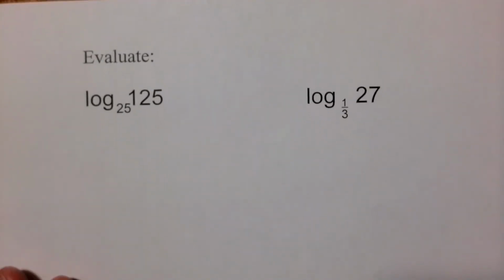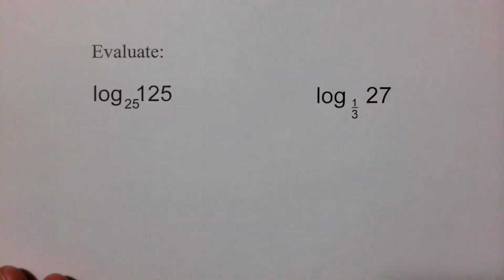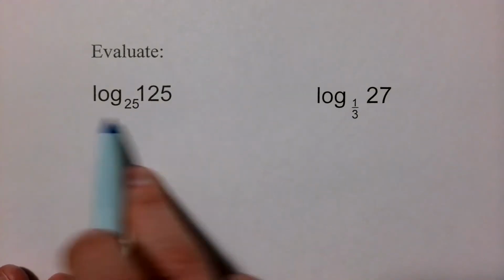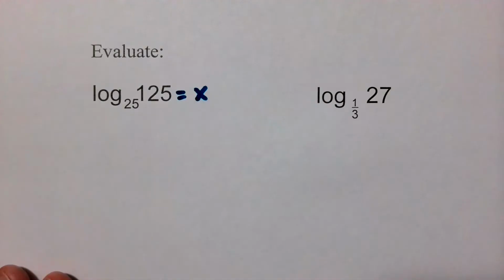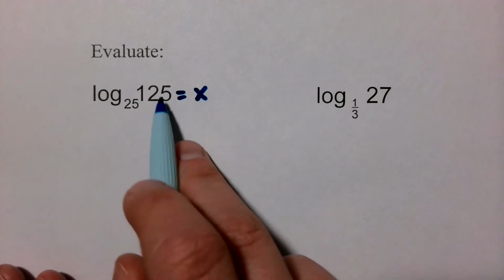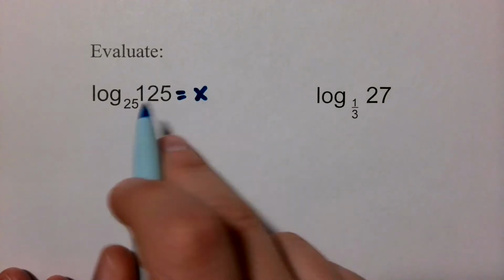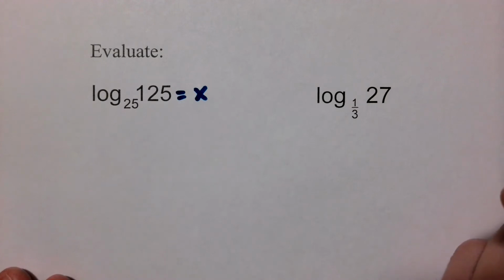So we could use this information to evaluate, very similar to what we did yesterday, that if I have log base 25 of 125, first, if I'm given something like this to evaluate, it's asking me what that exponent is, that 25 to what power is 125. Sometimes, like when we are filling in the blanks, I can answer that in my head. I just automatically know 5 to the second is 25. But for something like this, I don't always know what power to raise it to, so that's where I'm going to rewrite it in exponential form, that I have 25 to the x power